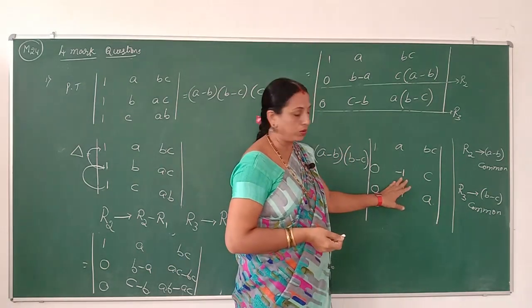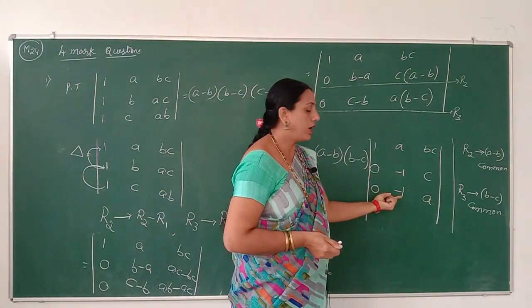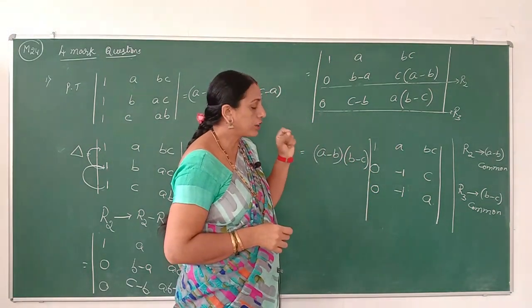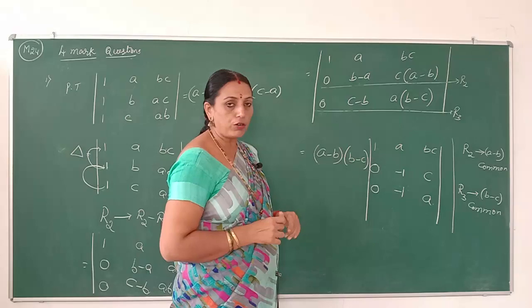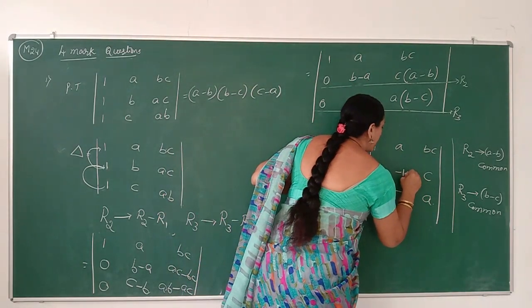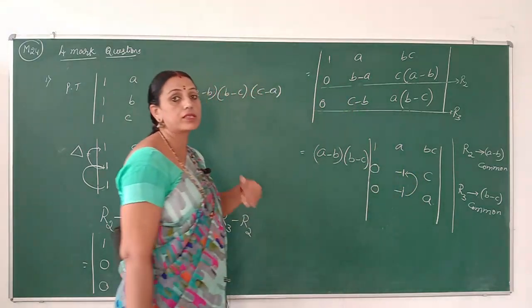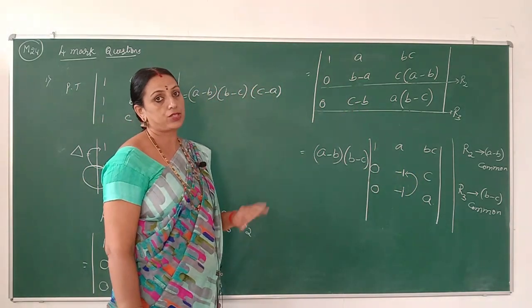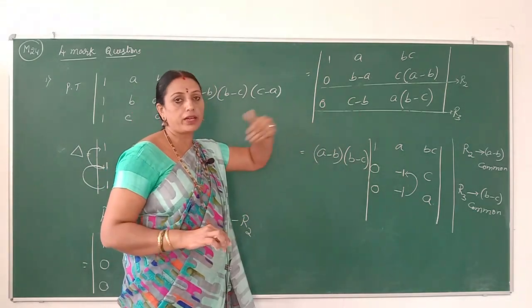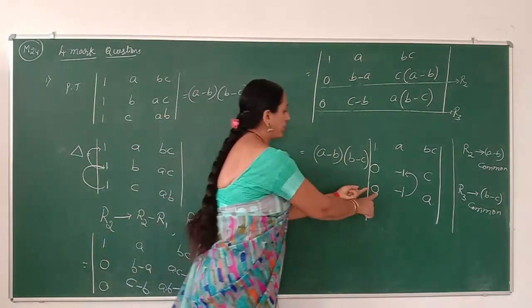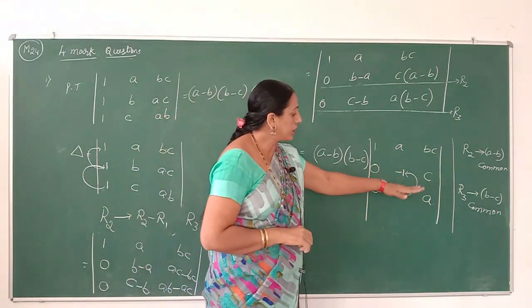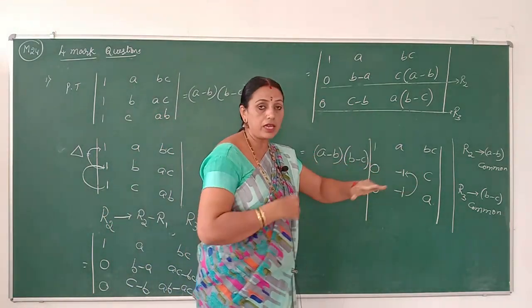be easy to apply. So how do we get 0 in the second element of the third row? The second element of the third row has to be made 0. Now the elements of the third row depend on the elements of the second row. It does not depend on the first row, because 0 would again change into some different element. Therefore the third row always depends on the second row.